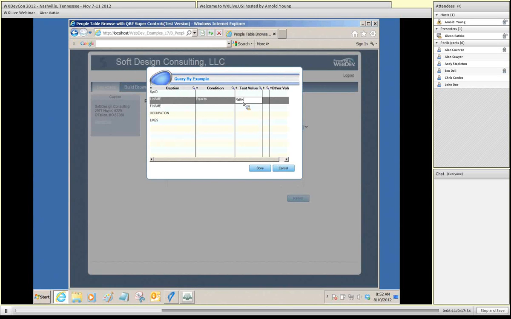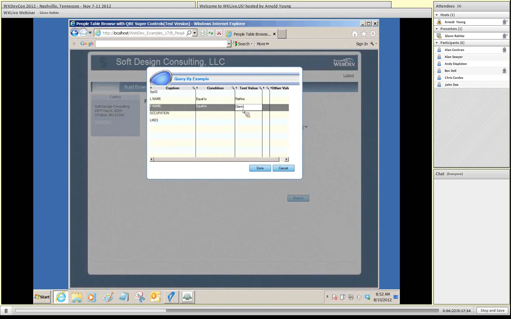So we'll find it where the last name is equal to Rathke and the first name is equal to Glenn. And we should just get back one record on that. But as you see, you can build complex statements. And you'll also notice that in the column on the left-hand side, those are all the columns that we have